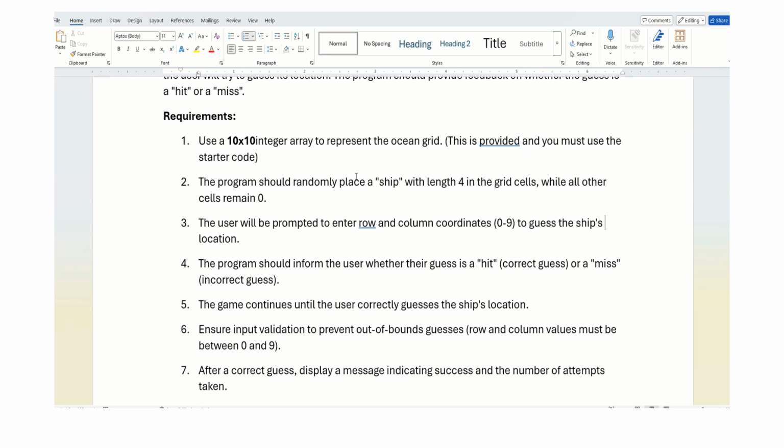The program should randomly place a ship. I did that for you. It's size 4 in the cells. I think it's just row centered. The user will be prompted to enter a row and a column with coordinates 0 through 9 to guess the ship's location. The program should inform the user whether it's a hit, a correct guess, or a